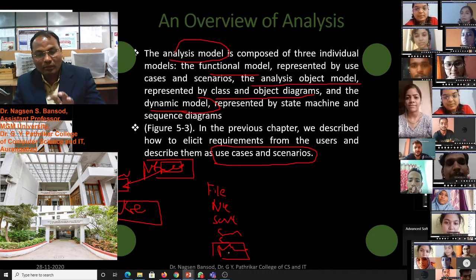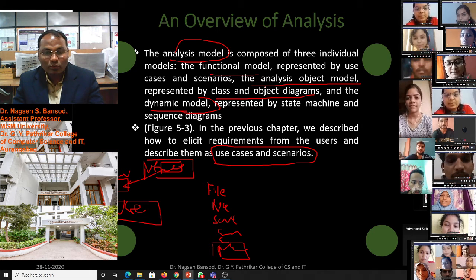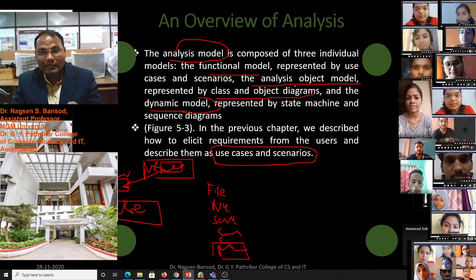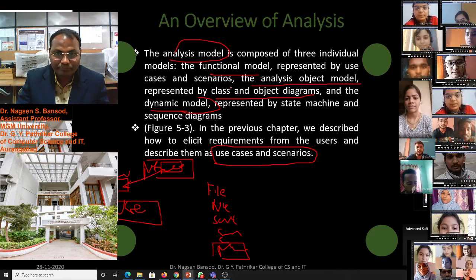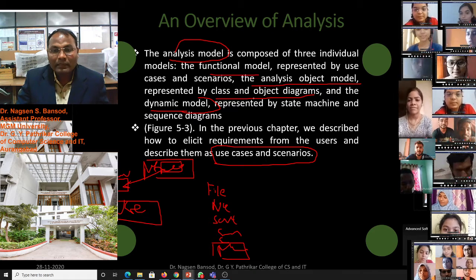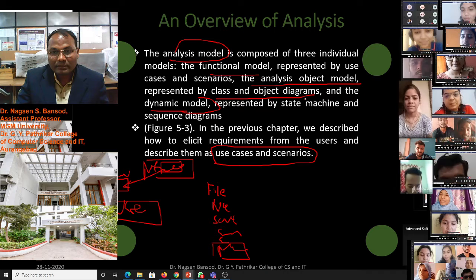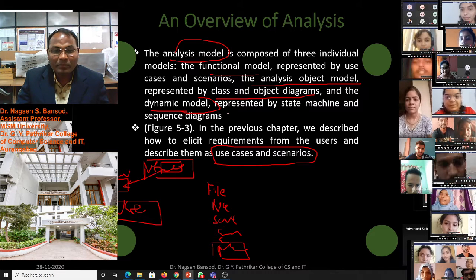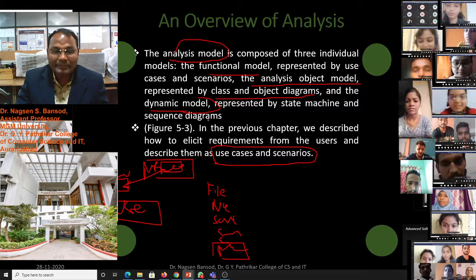How this class will be, we have to write into the analysis object model. And lastly the object diagram, and lastly the dynamic model represents the state machine and sequence diagram.